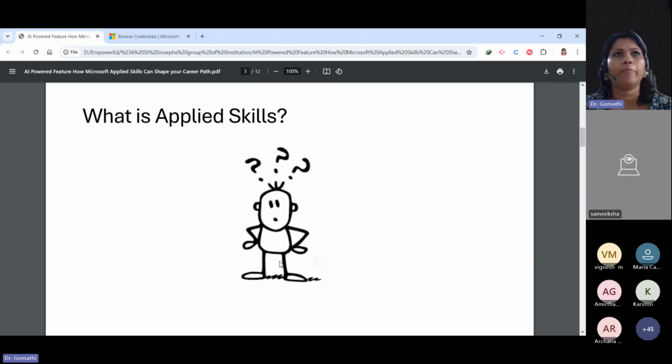So the first one: what is applied skills? I started my career as a professor, so I know the gap that students have between college studies and industry exposure.